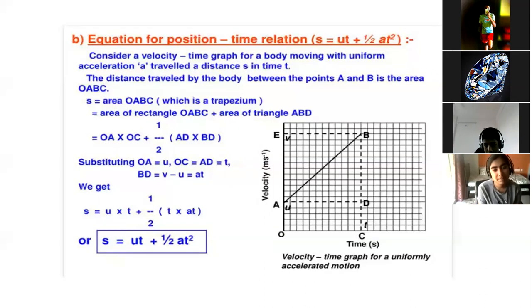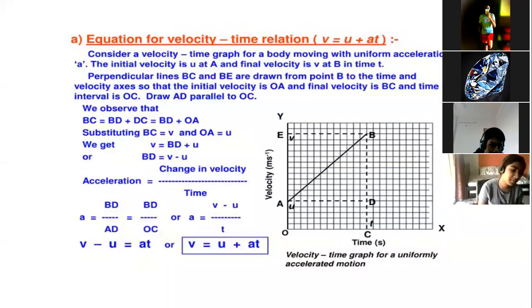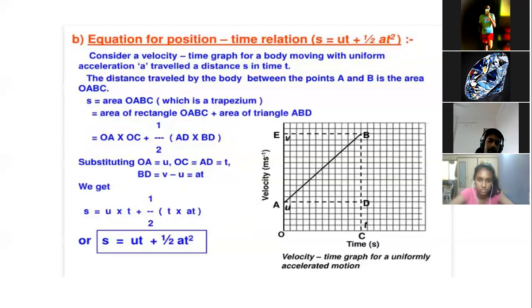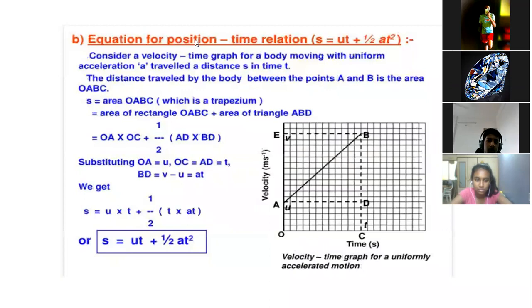Okay, so now the equation for position type. Whenever you see these problems, all the time you are not finding out final velocity, initial velocity, acceleration. All the time you're not able to find out acceleration. At some instant you have to find distance. If I'm saying, okay, a car is traveling with this initial velocity, final velocity, and acceleration is this one, please tell me the distance. So at some point, definitely you have to go with a distance equation also.